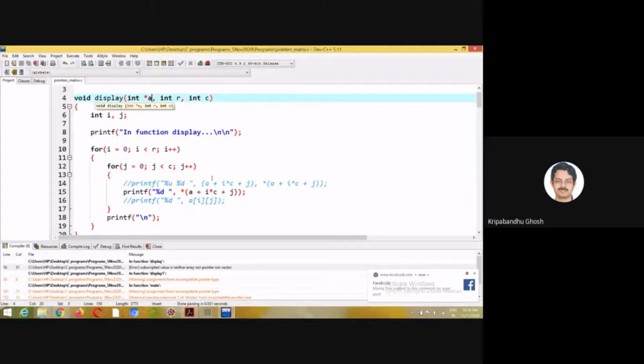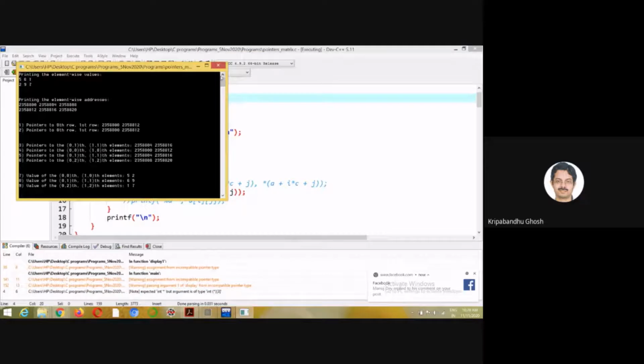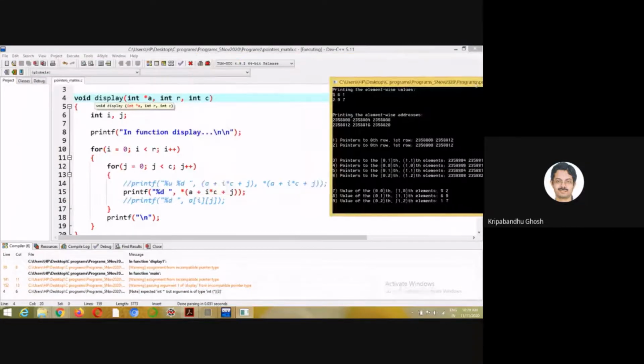How do you reach the ijth element? We have this address already, right? So ij can be anything, right?